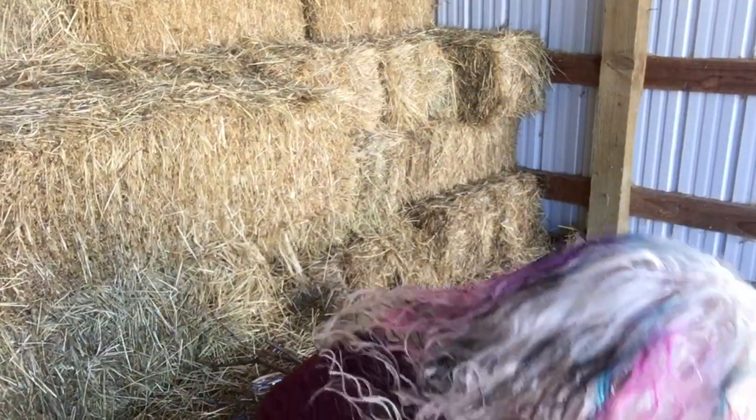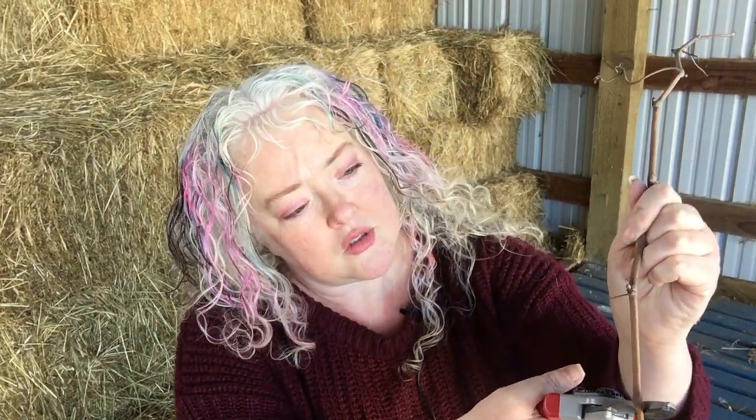Now let me pick up this one, because this one again has a lot of nice buds on it, and I think it's probably too flimsy to be a good start, but I don't know for sure, so I'm just going to go with it. It's not going to really hurt me at all to put a bunch of the flimsy ones in one little section of the propagation area, so if something happens to them, I can just pull them out and they won't disturb the rest. So again, cutting straight at the bottom,